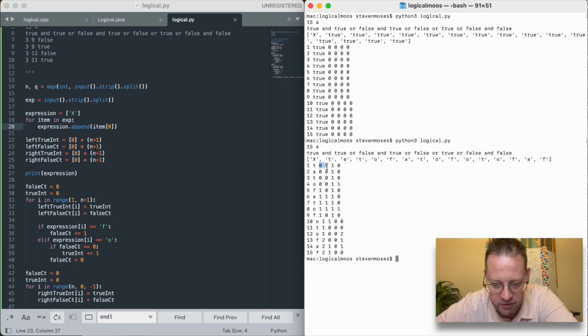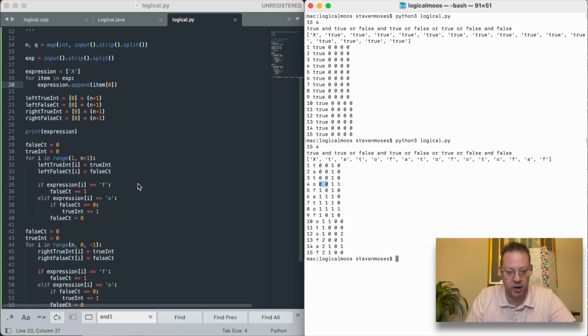So we're just going to run through this. In the beginning, my first one is how many entire true intervals I have to the left of that particular location. My second one is how many falses I have to the left of it within that same expression. So I've got true and true, or, and then when I hit that or, that's the point at which if my false count, which is the second number, is 0, my true interval goes up by 1. But that doesn't record until I get to this next one, because I'll never cut to or from an or,